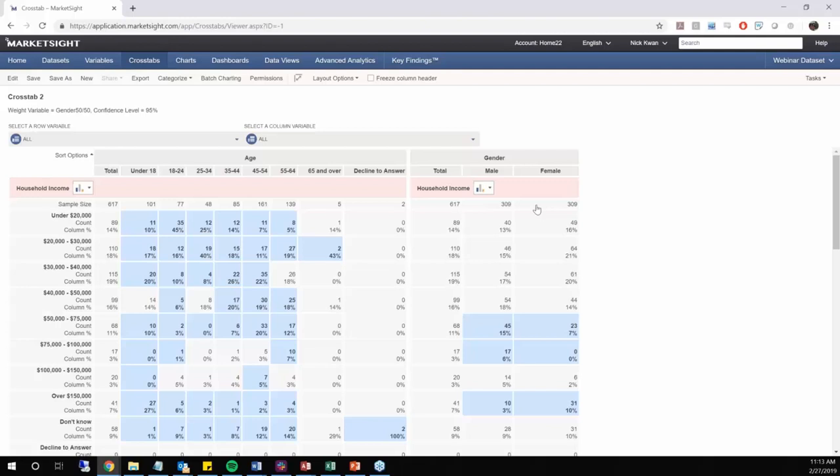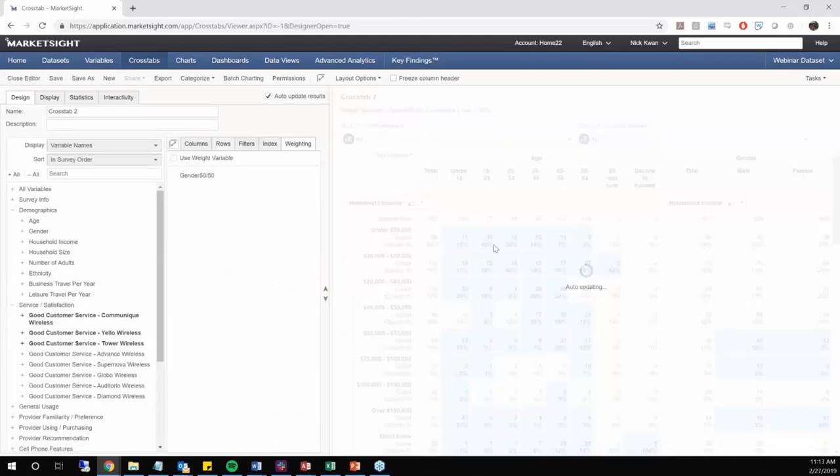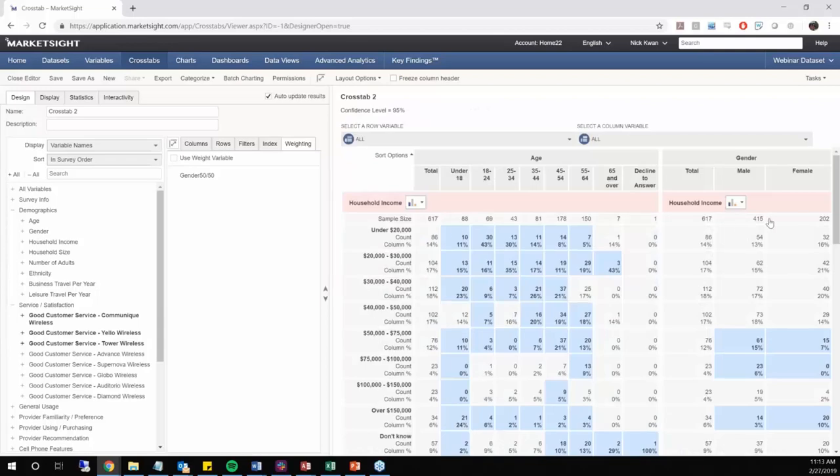And you can see here that I do have an even distribution of males and females. I can actually further validate this by simply unchecking to apply the weight value. And now you can see my original counts here. If your setup requires you to display the unweighted counts as well as the weighted counts, we can accommodate that